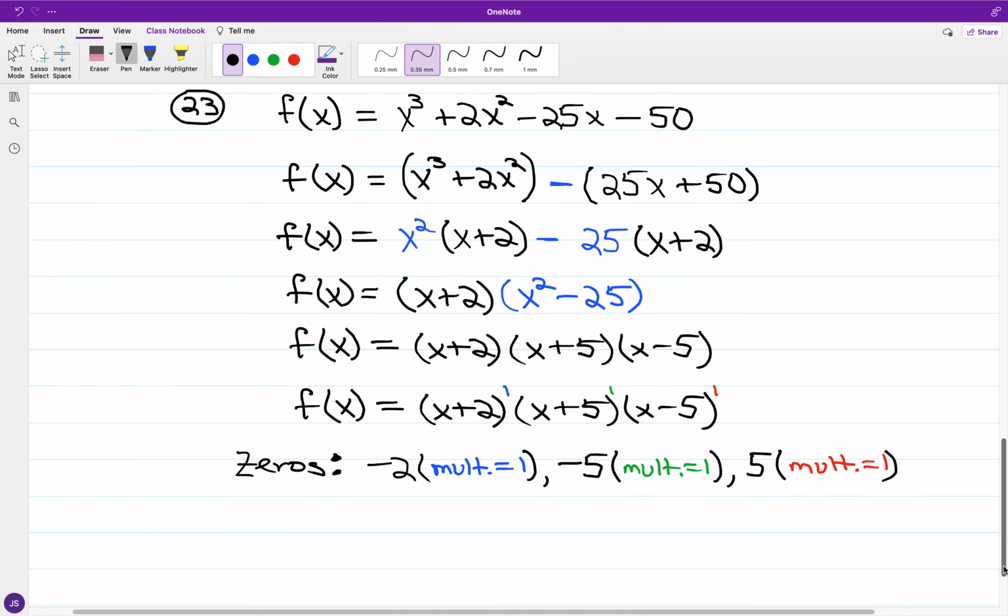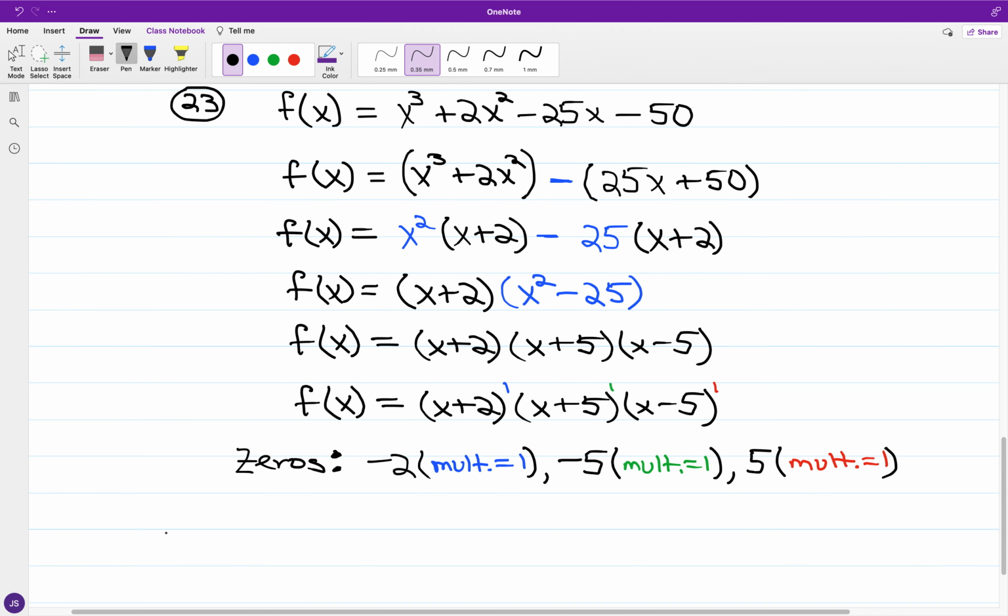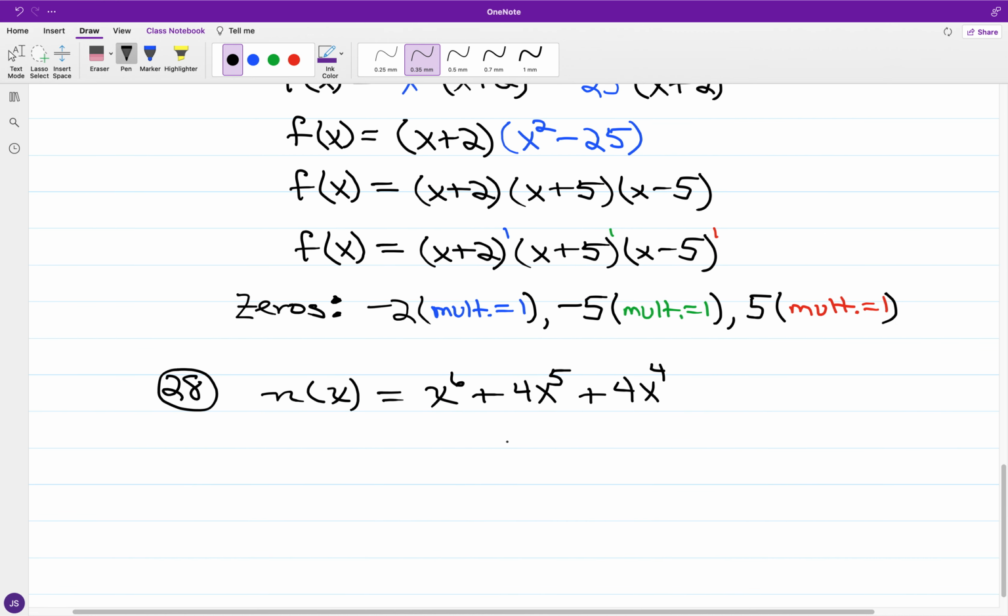All right. Now, for what we have in the case of number 28, okay, we're going from f of x to n of x. Again, just another way of saying y. In this case, we have the equivalent of y is equal to x to the 6th plus 4 times x to the 5th plus 4 times x to the 4th. Okay, and for this item,